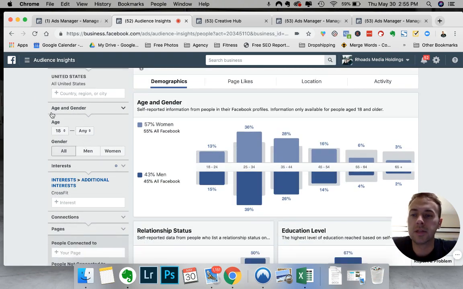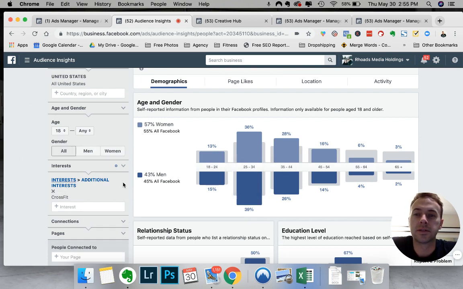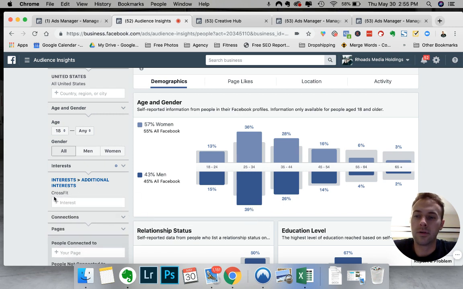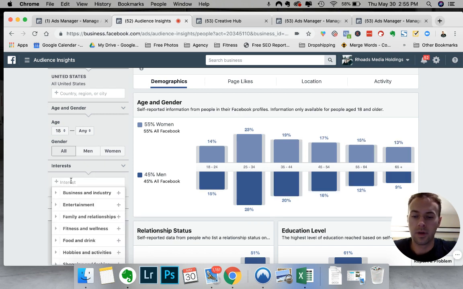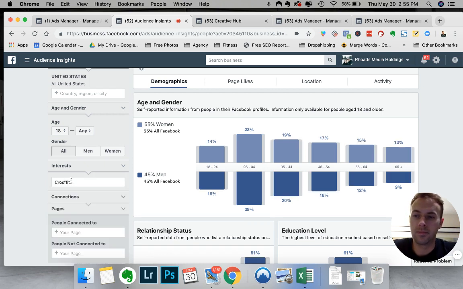You can target by age, gender, everything. And what this works as is basically just taking ideas and throwing them against the wall and seeing what kind of data you can collect from there. So in the interest here, I'll remove it and show you. So if you type CrossFit,